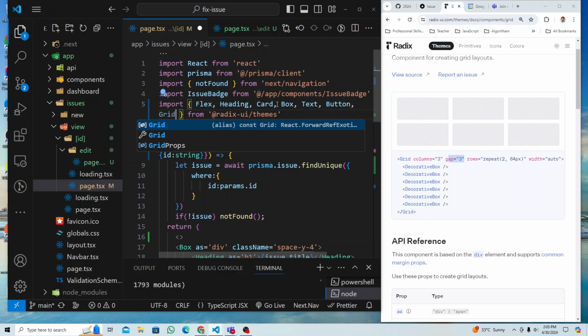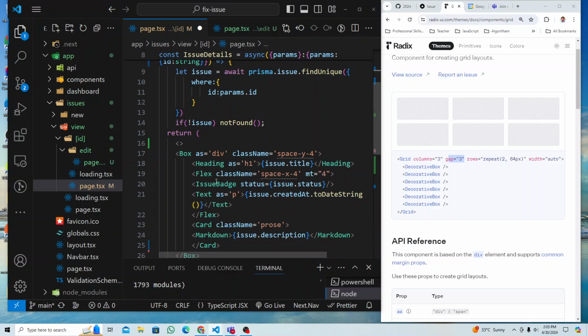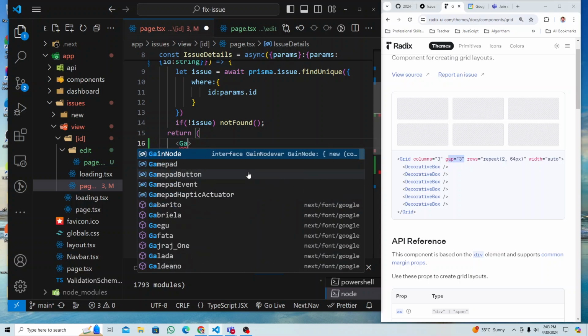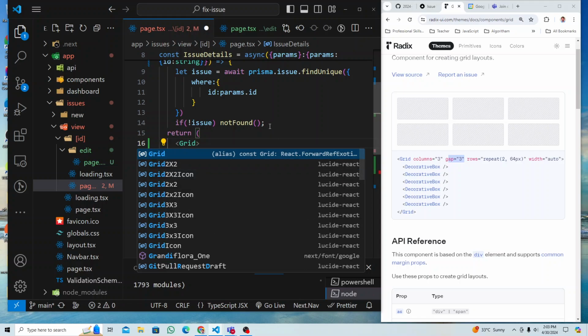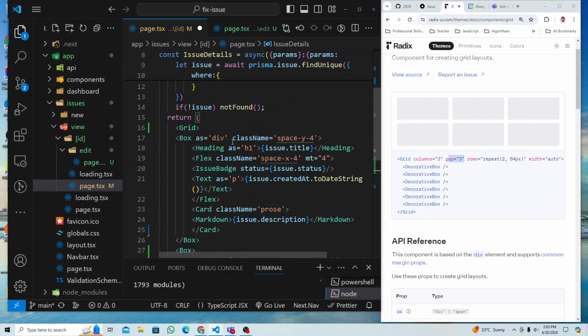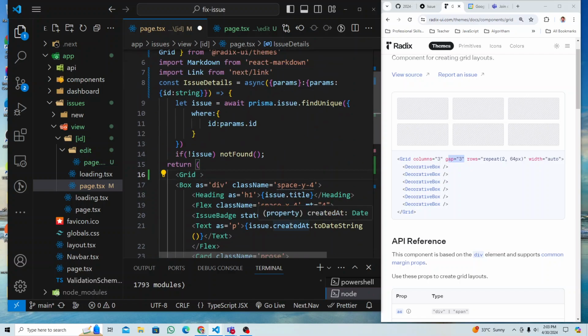Grid. This is the same as our CSS grid, right? So now I'm going to just wrap this with a Grid, okay? Grid, and close that with a Grid. I can do that, no problem. Okay, so Grid, right? So what I'm going to need is